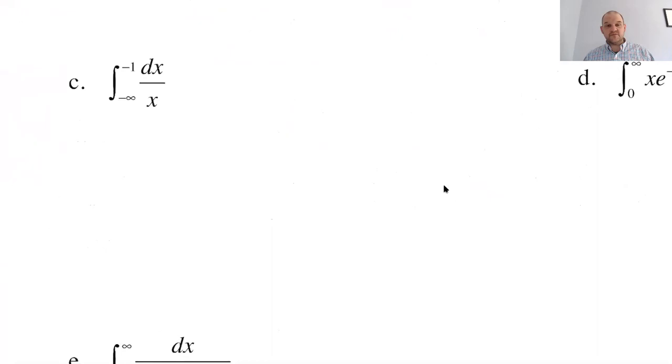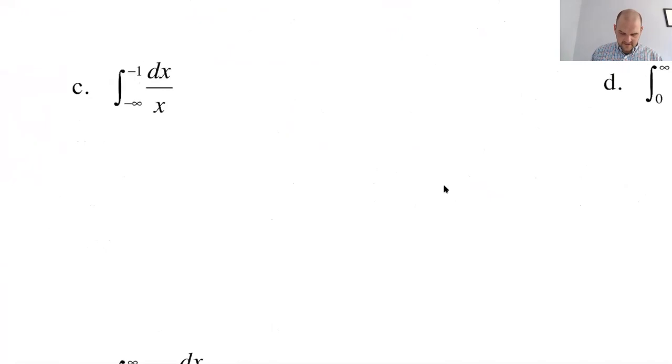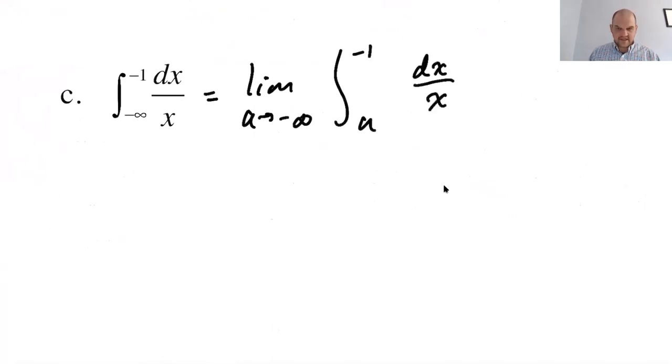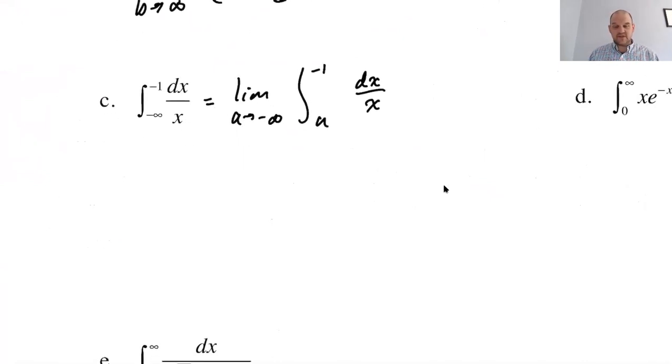This problem would cause us a problem if 0 was in the domain of the bounds, but it's not. We're going negative infinity to -1. 0 is not in there, thankfully. So instead, we can just rewrite it. So it's the lower bound this time that's a problem. So I'm going to write it as the limit as a approaches negative infinity of the integral from a to -1 of, so this one, because I recognize it, I'm going to leave as dx over x, because that's very